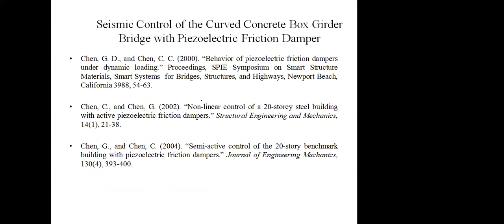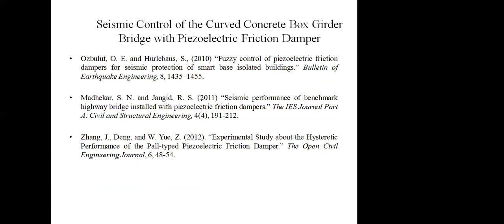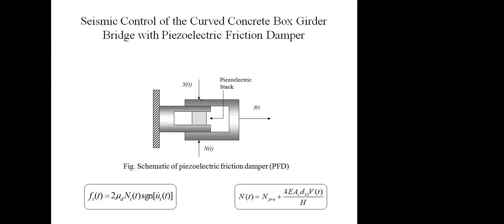It is a very interesting one. It was just invented around 2000, and very few researchers have worked on the piezoelectric friction damper. Now we know what a friction damper is. I think in the previous lectures I told you that a friction damper utilizes the coefficient of friction by applying a normal force on the structure. We use the friction damper for dissipating the energy introduced in a structure.